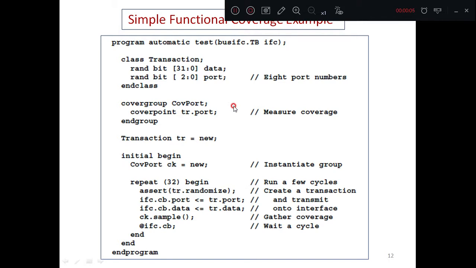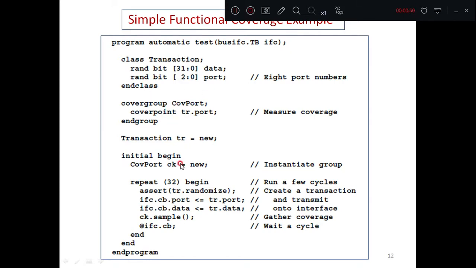In the last session, we have seen that to measure the functional coverage, we prepare the verification plan and write an executable version of it for simulation. And in the test bench, what we need to do? In the test bench, we need to sample the values of variables as well as expressions. These sample locations are known as the cover points, where you have to sample the variables or the expressions. Those points are known as cover points, and these cover points are to be declared into the cover group.